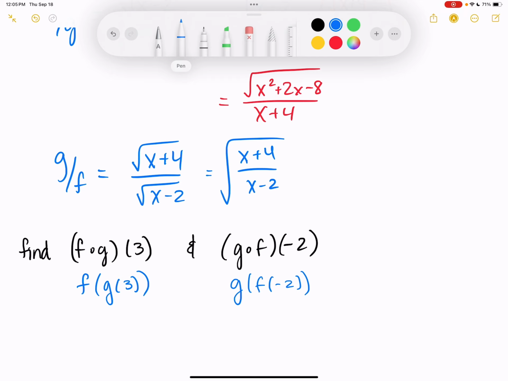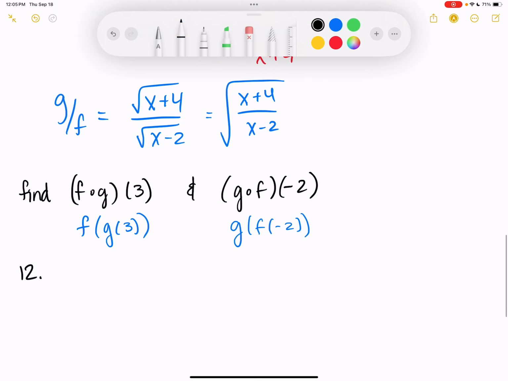Well, I just saw. Normally it would be written like this. I'm pretty sure on the AP stuff they write it like this. Okay. So that's why I'm rewriting it for you. It's f of g of x. So number 12, they give us f of x is equal to